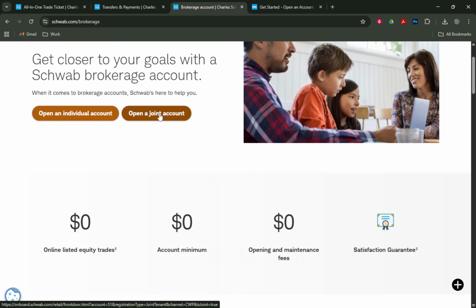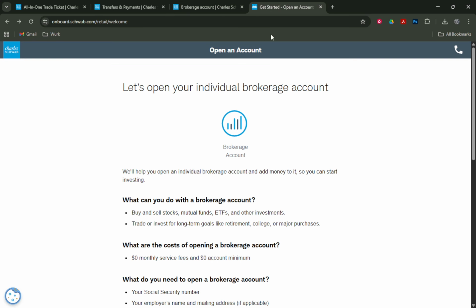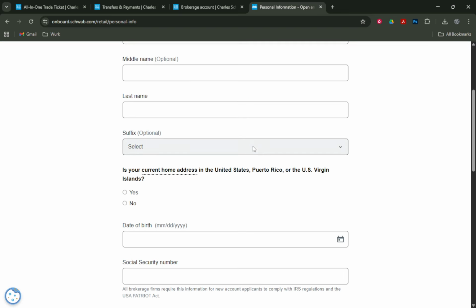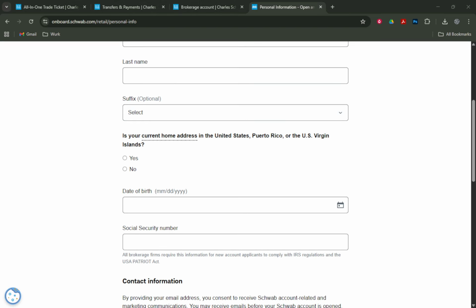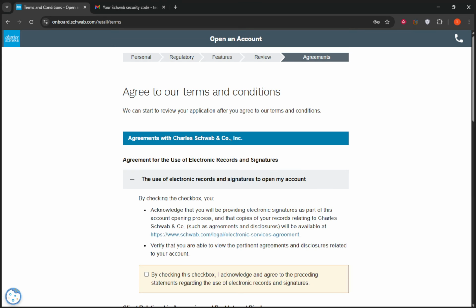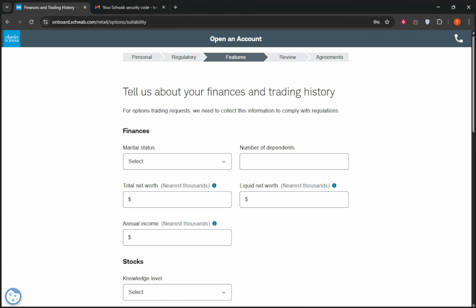You'll then fill out your personal details. Expect to provide your legal name, home address, and contact information, along with a social security number or the local equivalent, plus basic employment and financial information. You'll also answer a few short questions about your investing experience. These items are required for identity verification and regulatory rules, so enter everything accurately and make sure it matches your